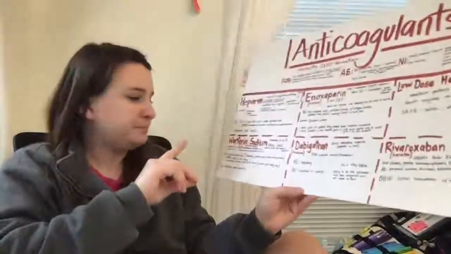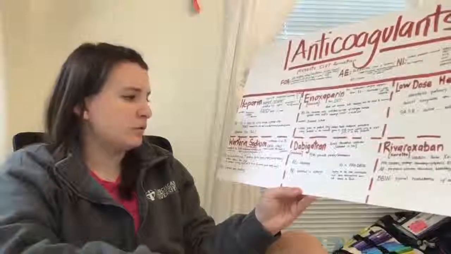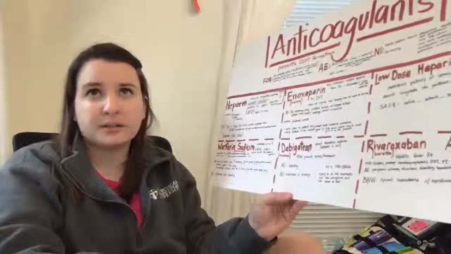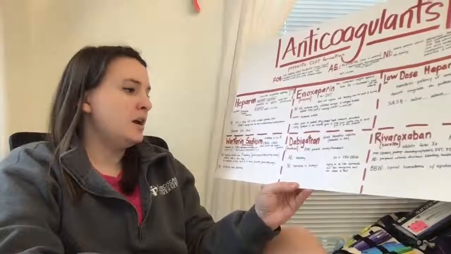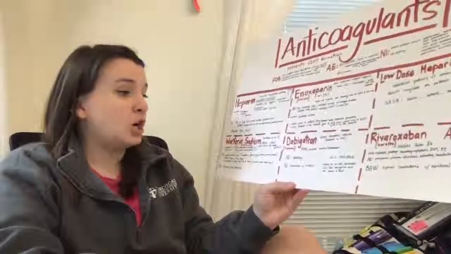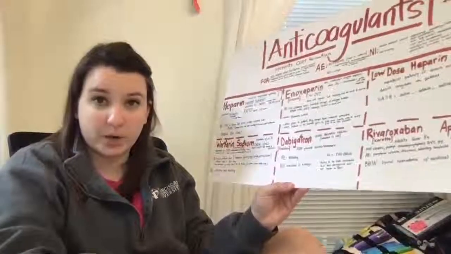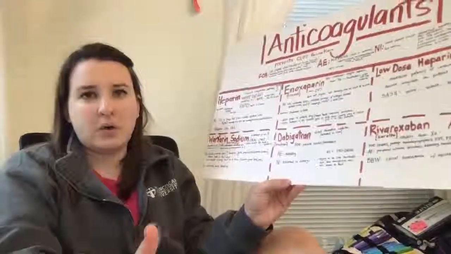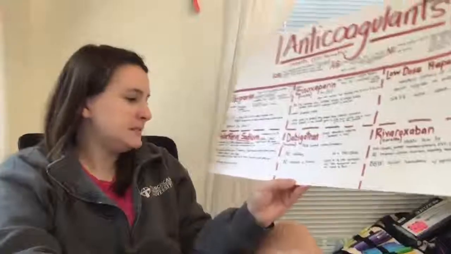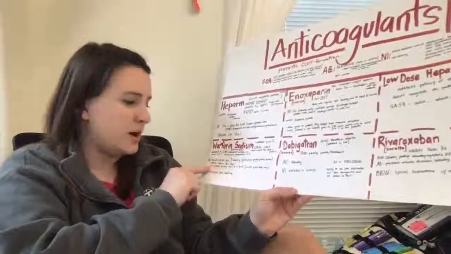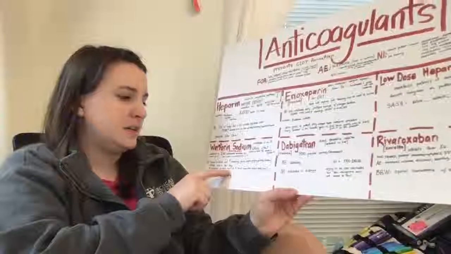Normal is 1. Nursing implications for warfarin are that herbal products can increase bleeding. These herbal products can include ginkgo biloba, ginseng, feverfew, garlic, and ginger. So you need to ask your patient if they're taking any herbal products as well as over-the-counter or prescription medicines. The effects of warfarin can take a few days to show up, and they need to be consistent with